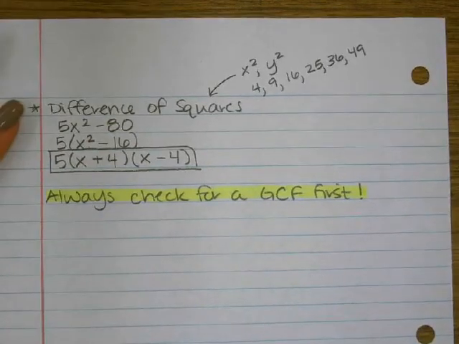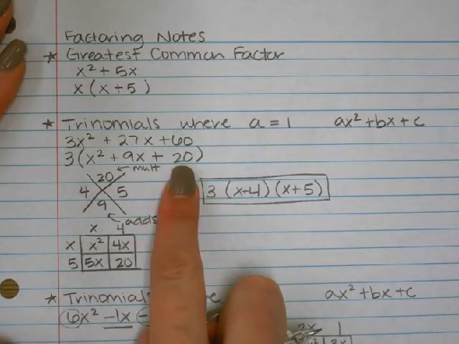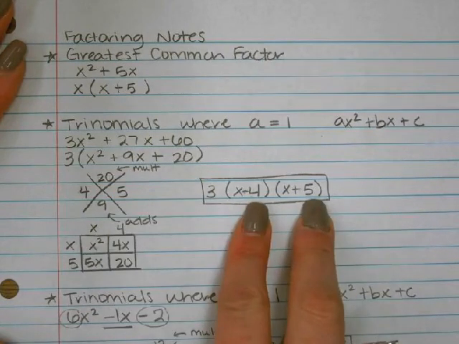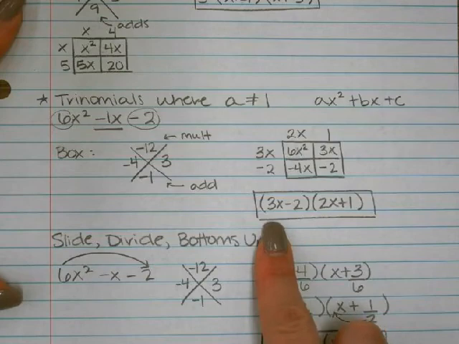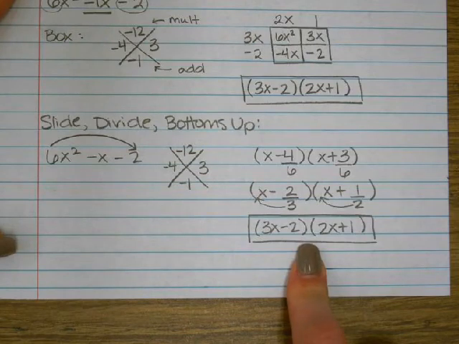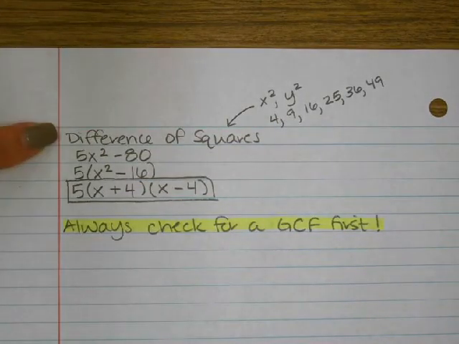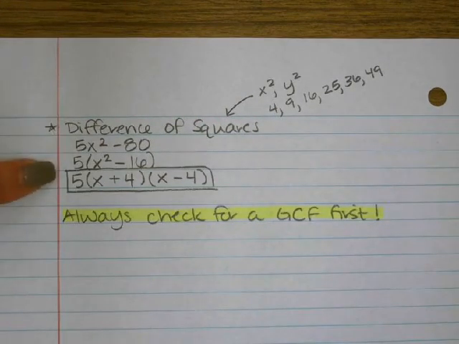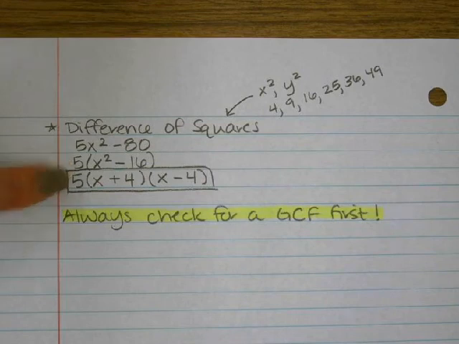All right? So if we look back at these different methods we used, our little shortcut of saying what multiplies to 20 and adds to 9 and just put those numbers here, that only works if you've taken the GCF out first. This method right here, the box method, only works if you've taken out the GCF first. This method here, slide divide, bottoms up, it only works if you've taken out the GCF first. Correctly factoring difference of squares only works if you've taken out the GCF first. So that's something that we always have to check, is we want to see if there's a number in common that we should take out, or if there's a variable that shows up in every single term that we should take out. We always